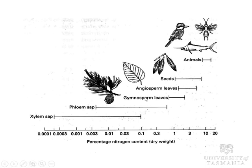And then we have the pines, the gymnosperms. You can see they're getting up there a bit better than the flowering plants with leaves here. But if you really want to maximise your protein, you become a seed eater, okay? Which is logical if you think about it with vegetarians as well, but seeds are a key part of a